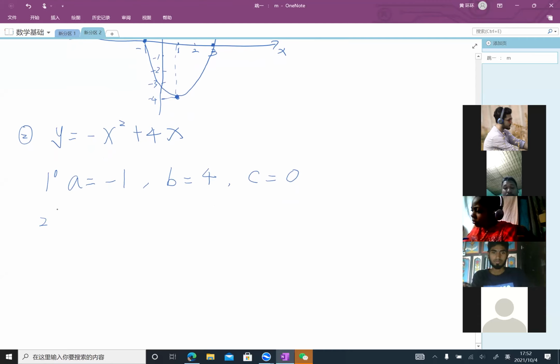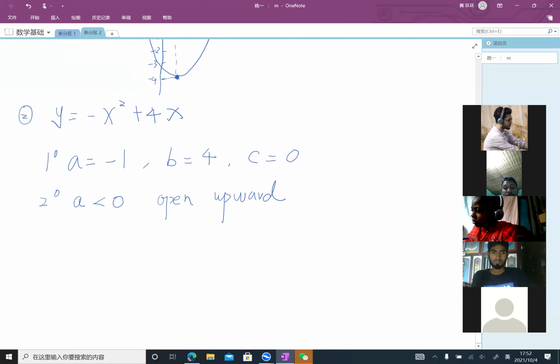And then we can get a is smaller than 0, right? So a is smaller than 0. So this parabola opens upward, right? Opens upward, and then we can get the axis for this parabola: x is equal to minus b